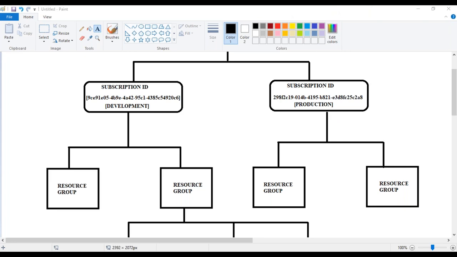Yes, suppose in a company we have two departments. For each department, we can create a different resource group, right? That depends upon how big the department is. If you have a small company, you can have one subscription, and inside that you can create a resource group. But imagine a company like Infosys.